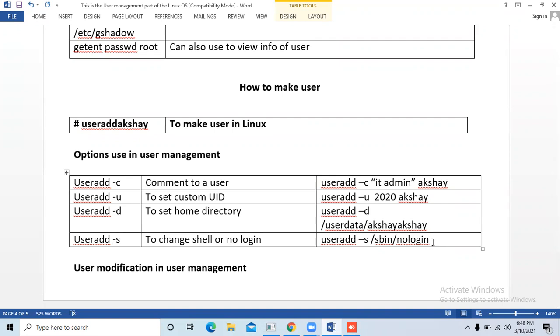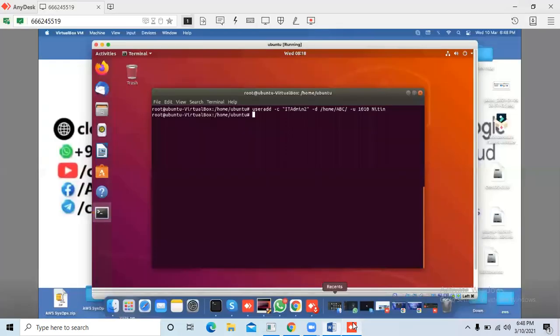So let's set and check. First check whether Nitin is logged in or not. su nitin. Nitin is logged in successfully.